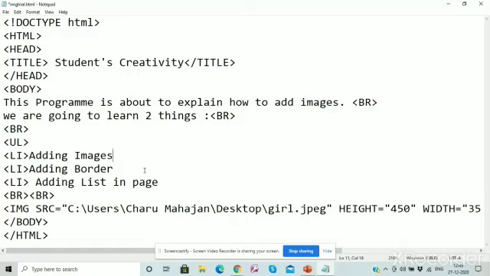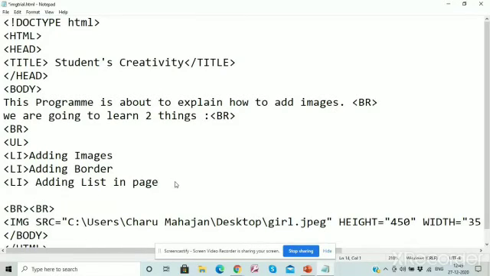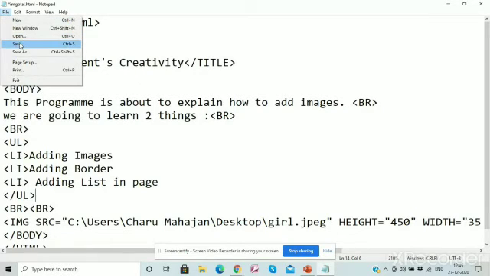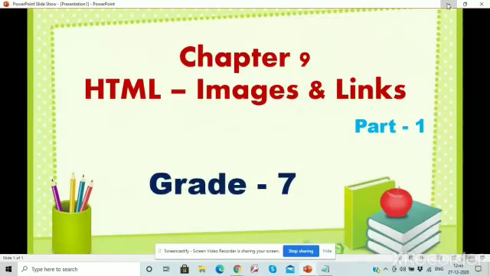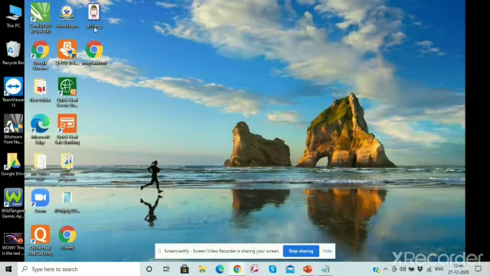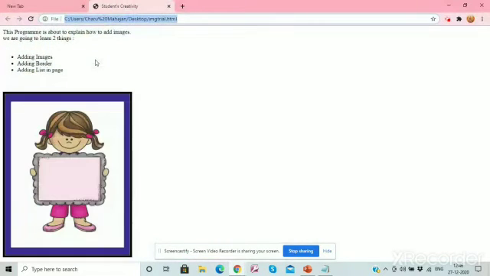Now at the end, I just end my list with the closing tag ul. I just save my file, minimize it, and run it again. You can see the bullets are there. Our 3 points: adding images, adding border, adding list in the page. This is very easy to create a list in HTML.